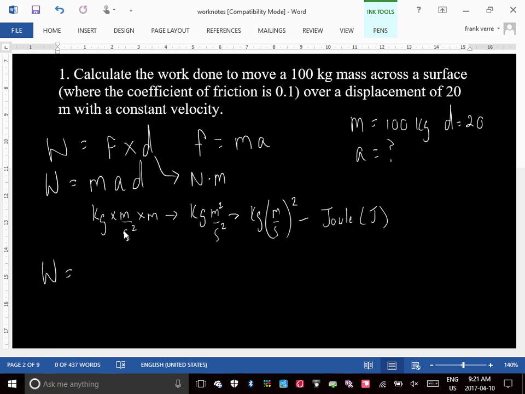So maybe we should draw a box. So here's my box. Here's the ground, and it's moving this way. Okay? Now, we're applying a force, but if it's sliding at a constant speed, then that means that this force has to be the same as this force. That's why there's no acceleration. It's not because there's no force. It's because the two forces are what? They're equal. They're balanced.